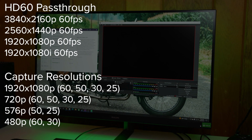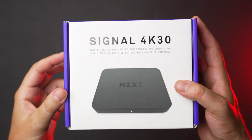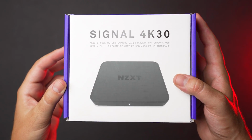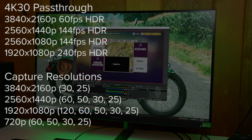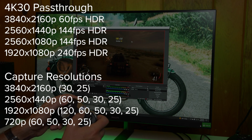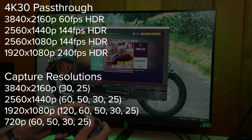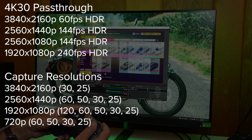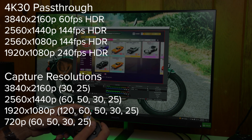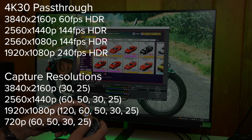So if that's not enough, if you're a competitive FPS player who wants to take advantage of a higher refresh rate monitor, you want to jump up to the $180 NZXT Signal 4K 30. And here again, I'll throw up the different specs for pass-through to the monitor, as well as the capture resolutions. So, most notably here, you can do 4K 60 HDR pass-through to your monitor, but if you have a higher refresh rate monitor, you can bring that down to 1440 and get 144 FPS. And if you want even more, you can take it down to 1080 and get 240 FPS, all of those